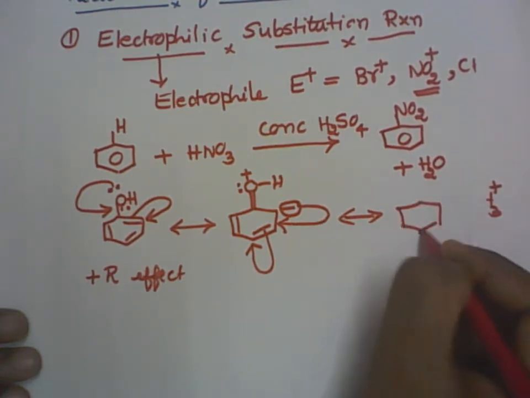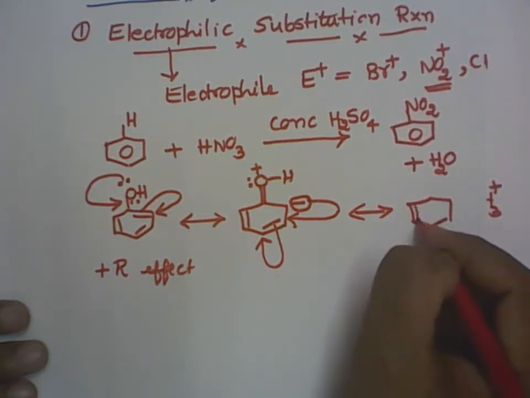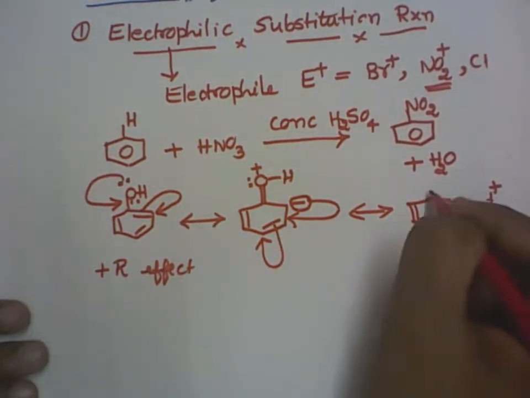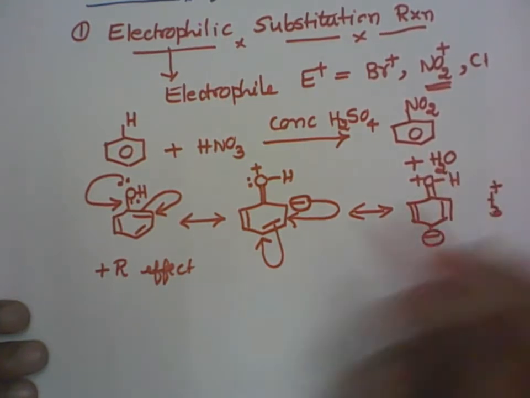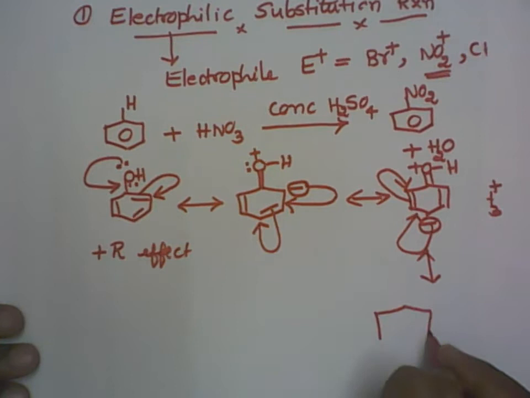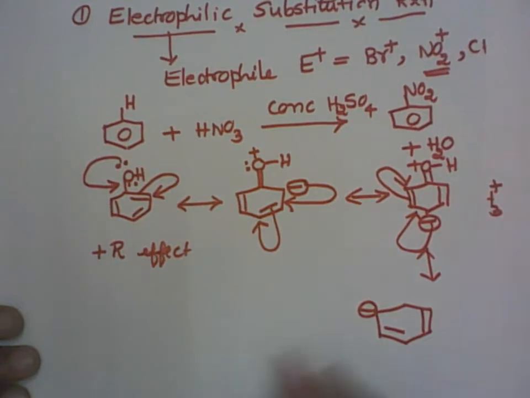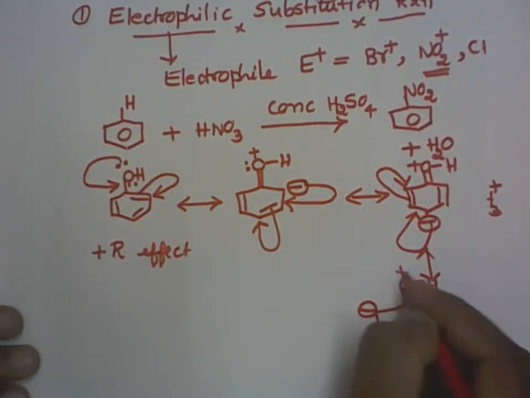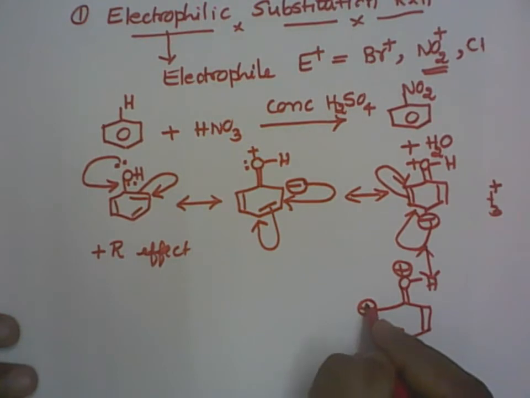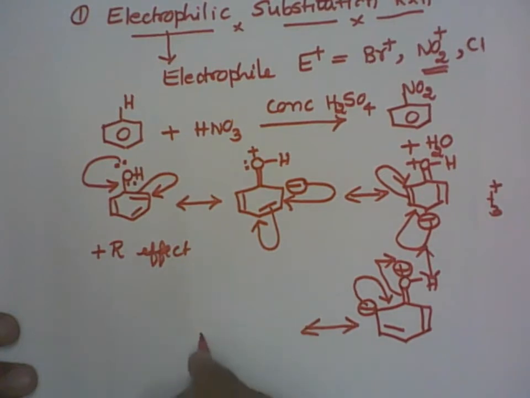So we have now this one, wherein we have got the charge here. These two double bonds are there now. Then we have got a double bond O plus and H. Again it continues. Charge becomes bond, bond becomes charge. So we'll get now one more resonating structure. Negative charge here, double bond, then double bond O plus H, and the negative charge becomes bond and bond becomes charge. We'll get back to the normal phenol molecule, right? Normal phenol molecule like this.